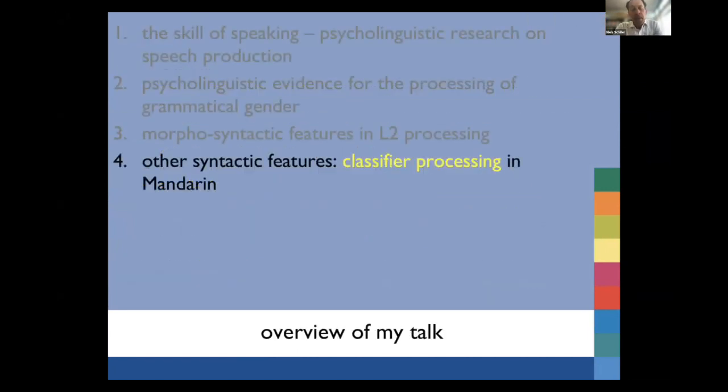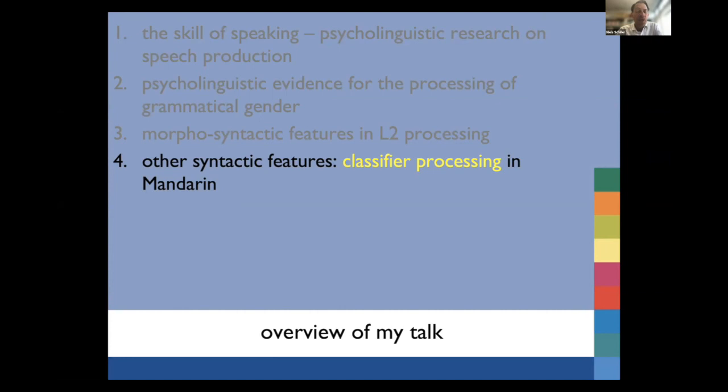Okay, now this has all been about grammatical gender so far. Now, what about other syntactic features in other languages? As I said, there are many other languages around the world, and not all languages have gender. But other languages, for example,